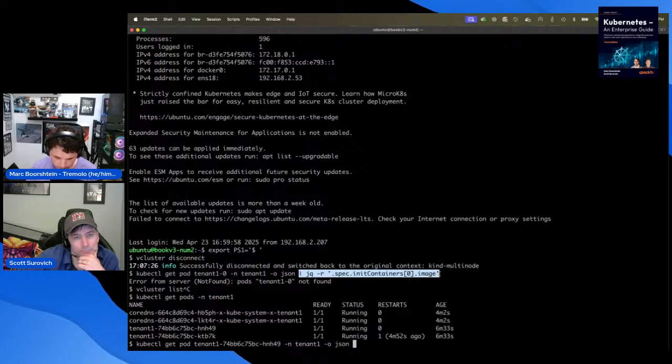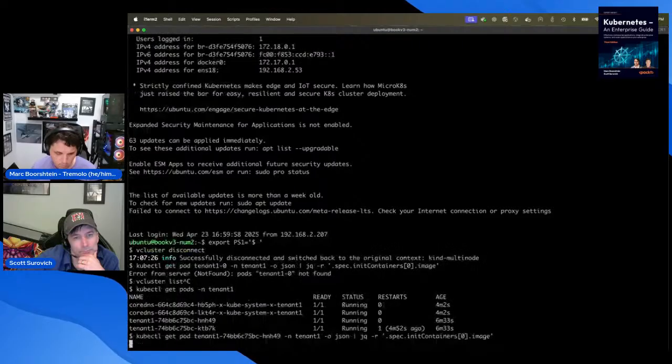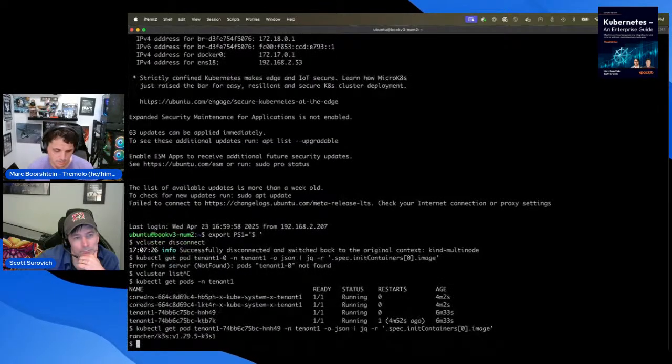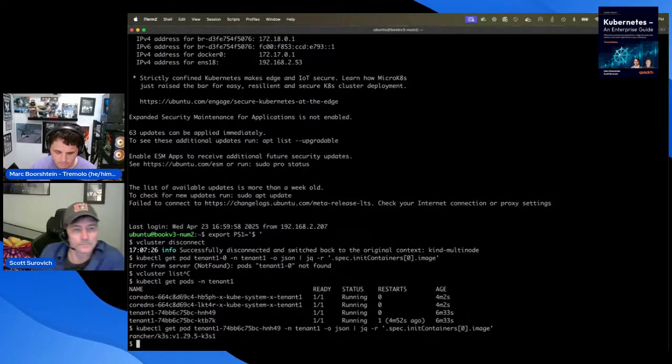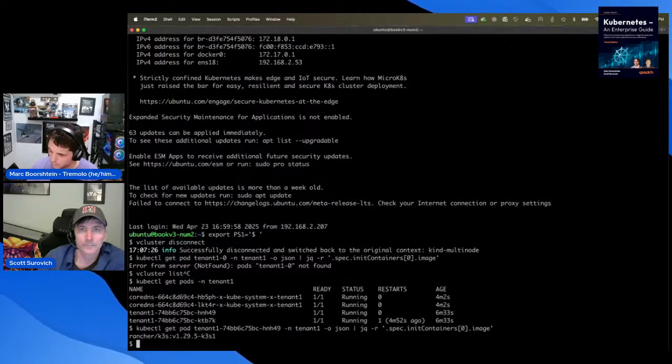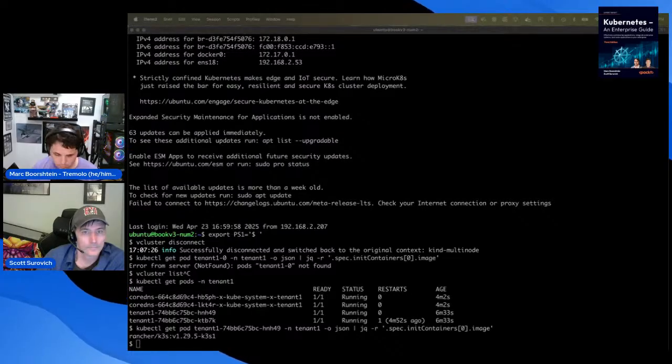All right, so this will tell us the node version. Before, I did a kubectl get nodes, and that showed us that everything was 1.29. Here we're getting it from the host cluster to see. So if we want to go ahead and do an upgrade, that is really, really simple. We are going to simply update